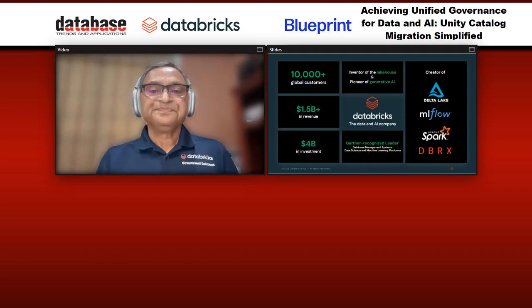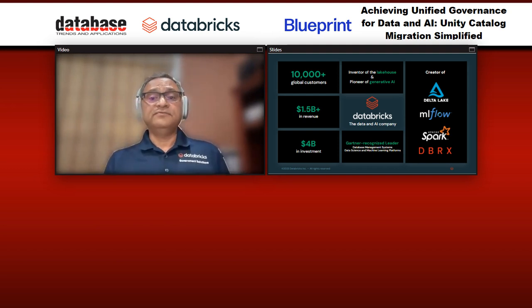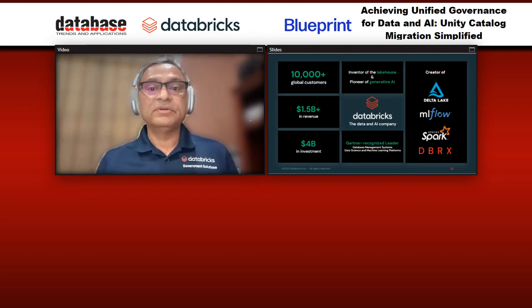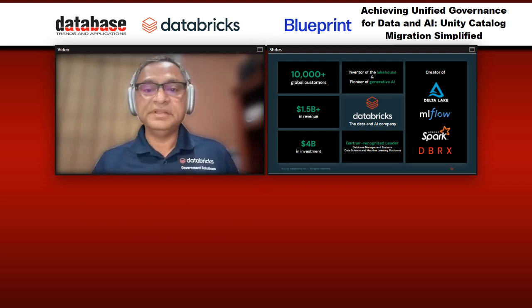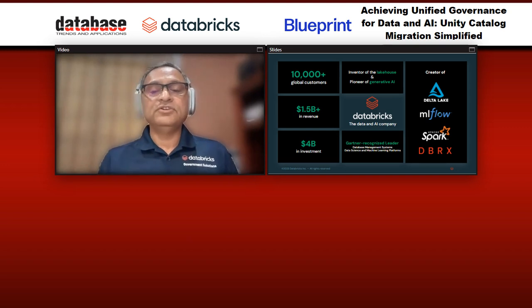So that's Lakehouse. We are also pioneers of the generative AI craze that's going on right now. We had been active in generative AI long before ChatGPT came out and it became a thing. So we have top researchers in our company that have been working with generative AI for quite some time.